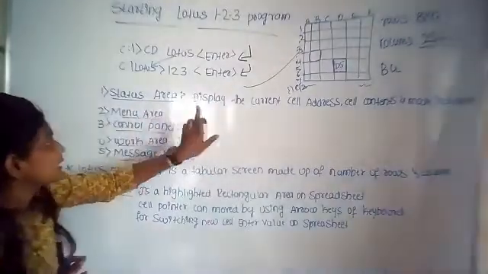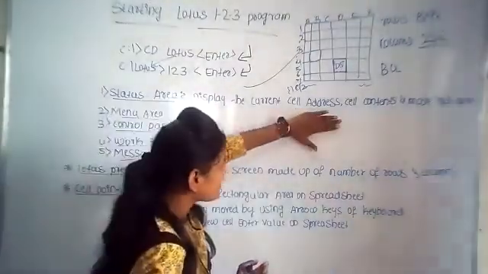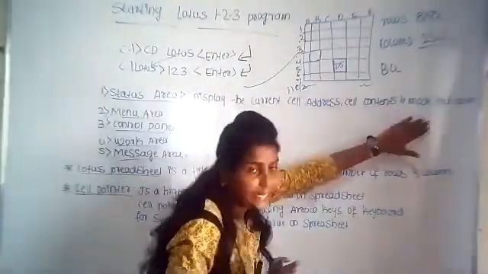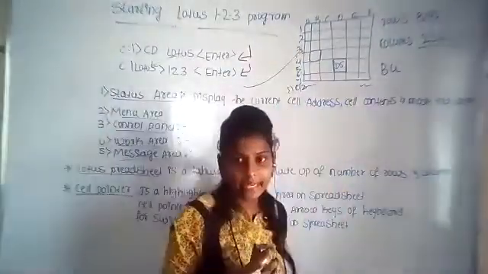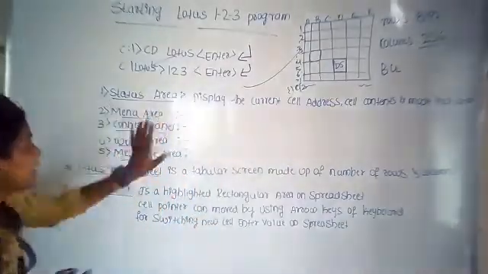Okay, the status area displays the current cell address, cell content, and mode indicator. What the cell is containing in it, plus the mode indicator. So this is called a status area.